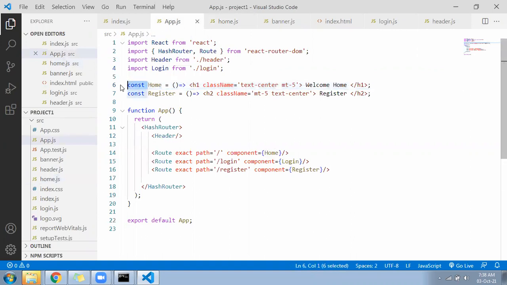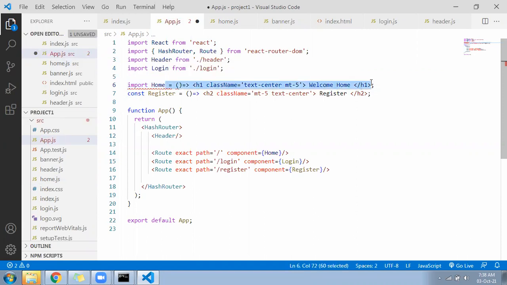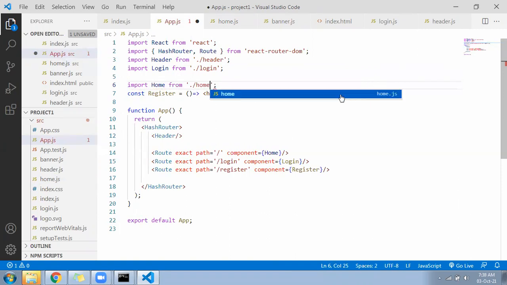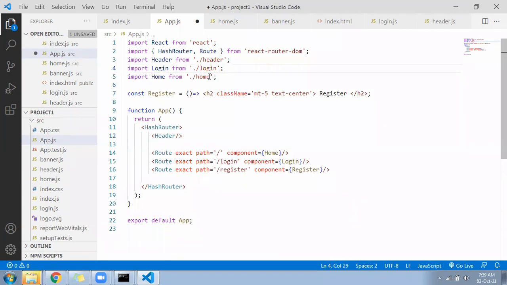Remove this constant. Right here, import home from home.